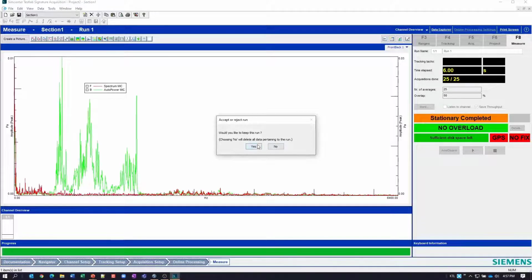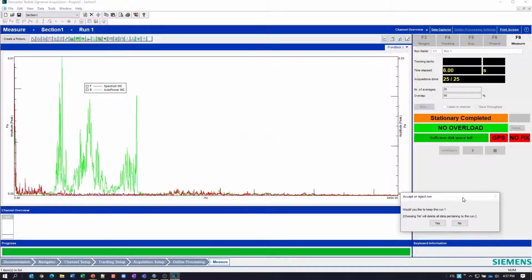Okay, so you see the difference here. The red was the instantaneous, so average by average, that was updating. The green is the averaged result, and so you see how those two results differ. This is a nice way to look at data. So you see any contribution of an individual average as well as the average result.